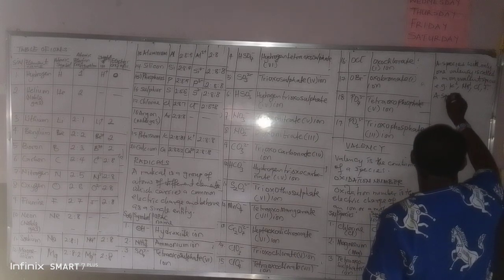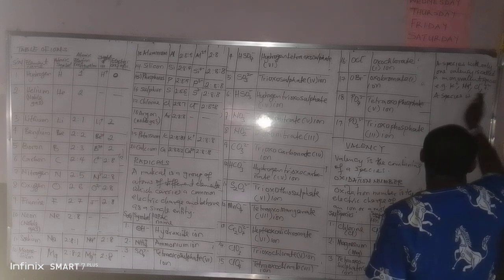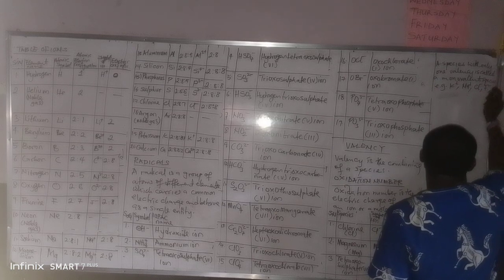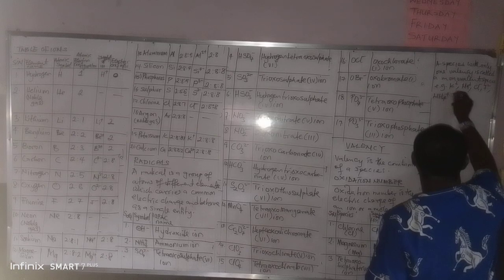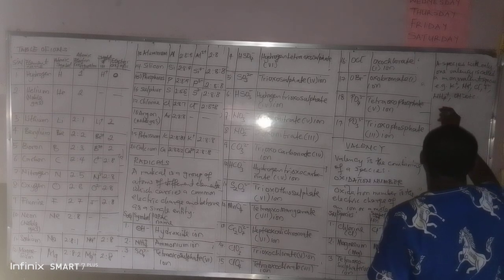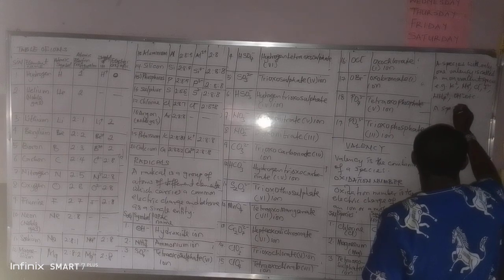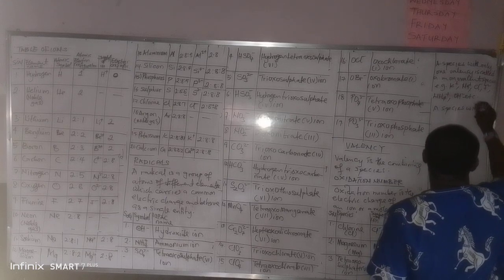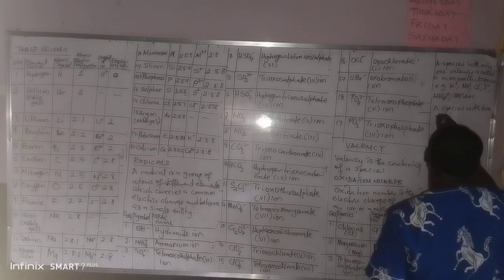So a species, let me put radical now. Radical like NH4 plus, radical like OH minus, etc. So they are monovalent. Then a species with 2 valency